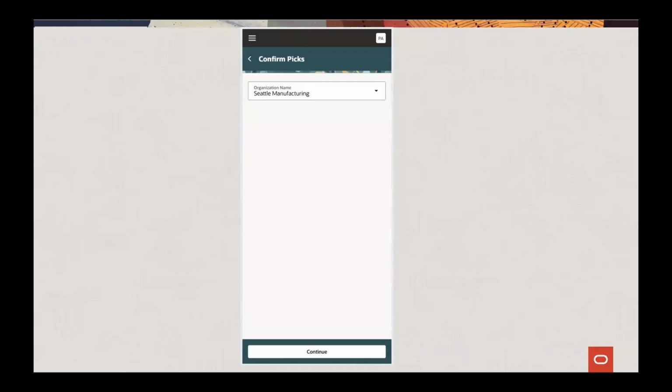On the confirm picks page, you start with choosing an inventory organization name. If you have access to more than one org, you can choose from the list of values. If you have access to only one inventory organization, it will be defaulted and you can move to the next